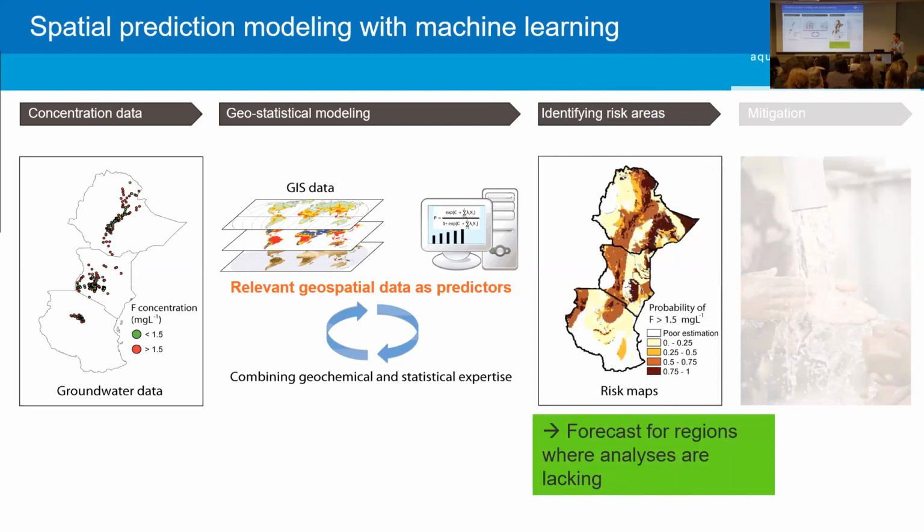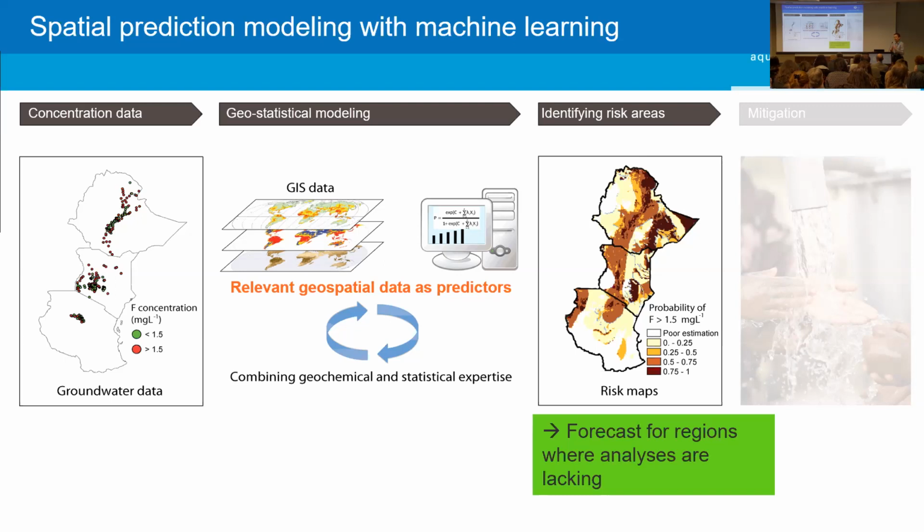Now the caveat with this is that all of the predictor data themselves have to be maps, because otherwise it's not possible to produce one. And so that can make it a little bit tricky, and a little bit difficult to take only parameters that are available at the surface and predict something about groundwater quality at depth. However, it actually works pretty well, which kind of surprised us initially, but it does work.